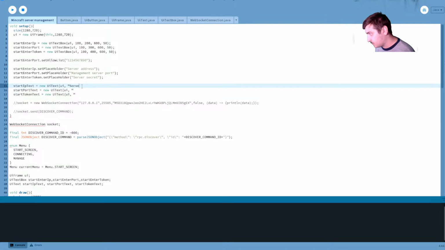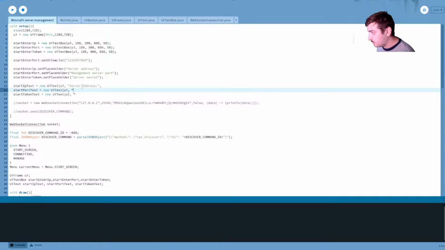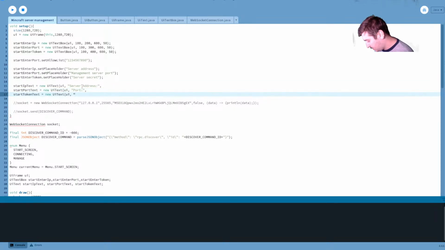Our server port. That one can be kept simple, and